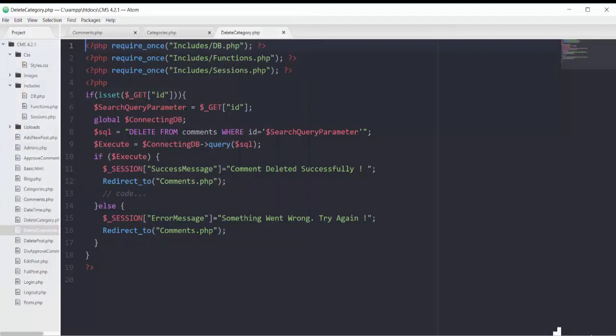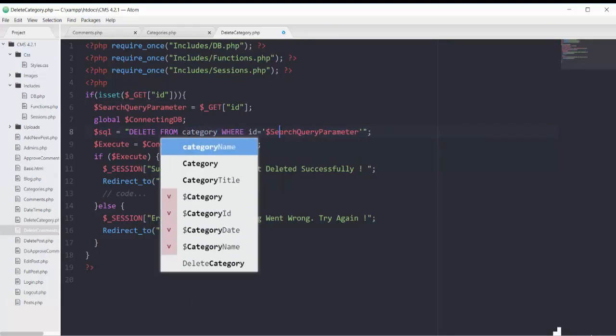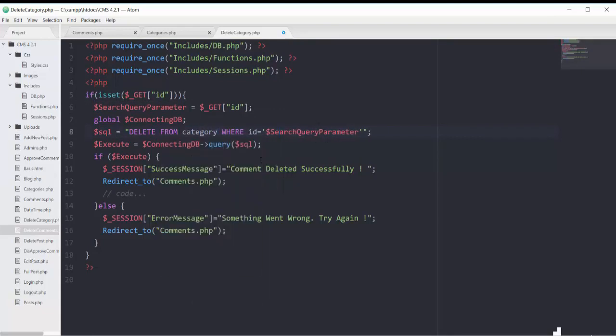Now we'll get our search query parameter and save it in this variable of search query parameter. Then we will have our SQL: delete from my table of category where id is equal to this search query parameter.